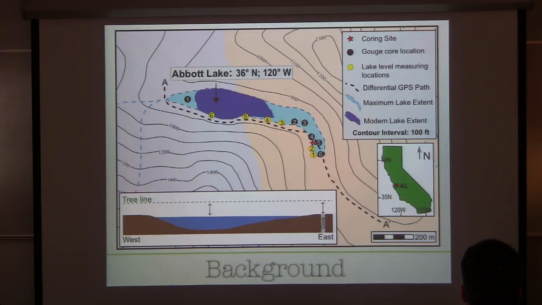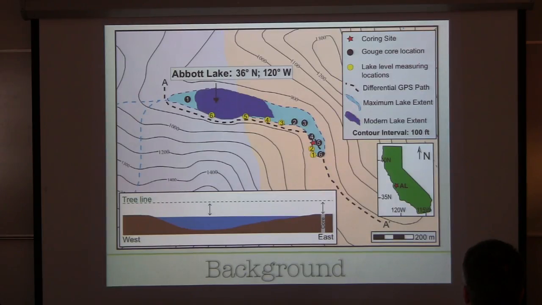So if you take 5.5 meters plus that 2 to 3 meters, that means at the base of our core, thousands of years ago, Abbott Lake could have been 7.5 to 8.5 meters, so much deeper. And this huge volumetric loss we see at Abbott Lake over time is because we have a rapid sedimentation rate, because we have this friable sandstone bedrock that characterizes the drainage basin. And the site gets these large magnitude storms that wash in, bringing lots of precipitation and runoff,